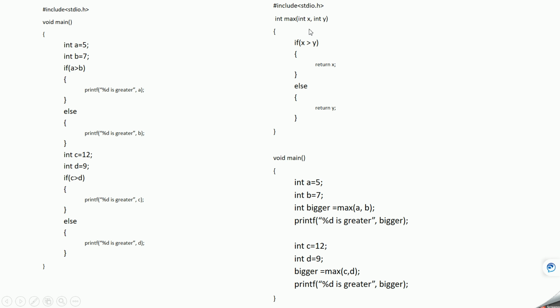Similar to that, in this situation also, what we have done is we have defined the functionality to find the max between two numbers, and we are calling that function. In a calculator we are performing addition and subtraction. In this case we are finding the max value between two numbers again and again by putting some common operation inside a function.